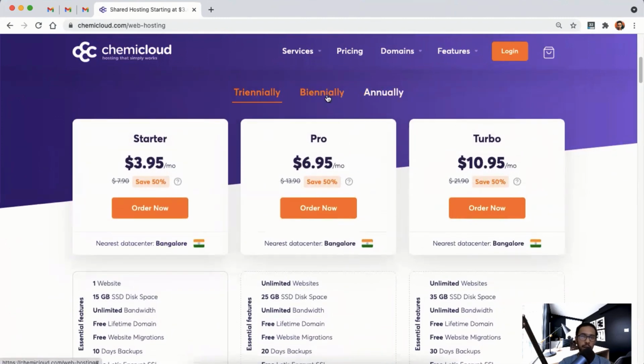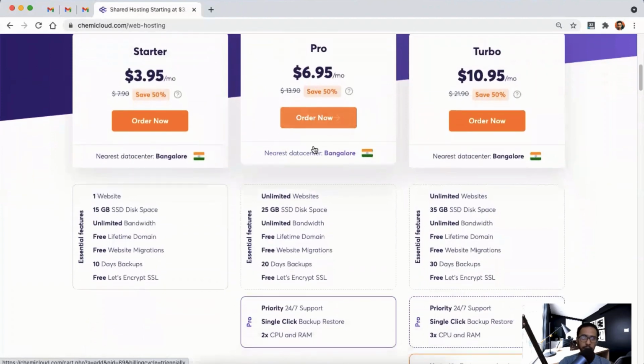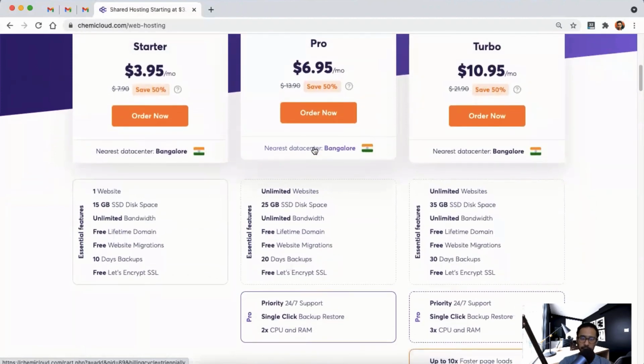So let me show you. If I choose the biannual plan, the pricing will increase a bit. So if you want to make the best savings on your web hosting plan, you can choose the triannual plan, and you won't have to pay any extra penny for the next 3 years after buying a plan.